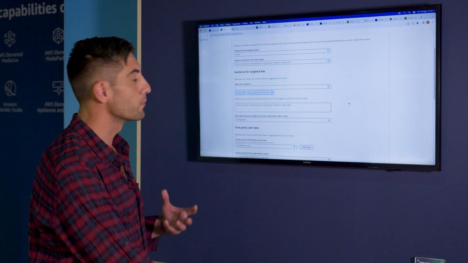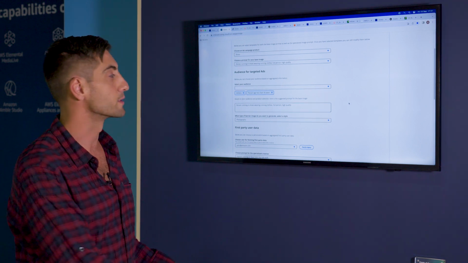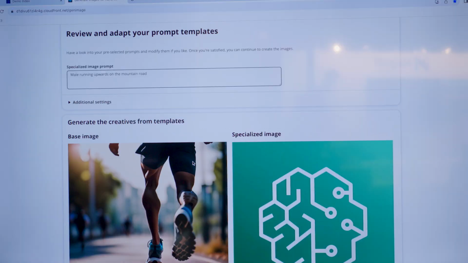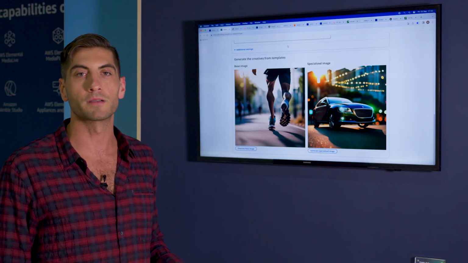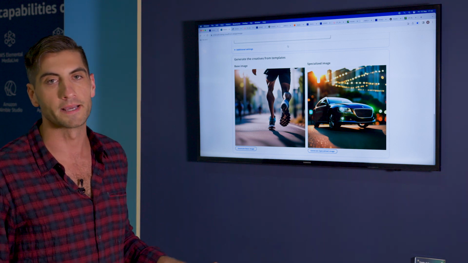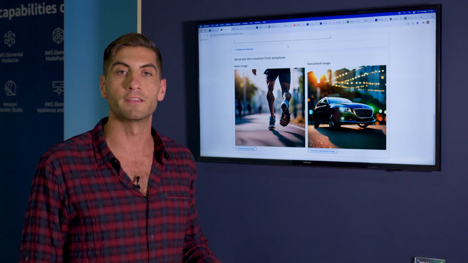So this is going to be somewhat generic, but still relevant to the audience segment information, product, as well as our prompt. So you can see that the model has generated an image of an individual. It's a man who looks to be athletic, is running, and is wearing sneakers. So at this point, we can associate additional first-party metadata. So think about this as an extension of a customer data strategy or customer data platform, where the customer profile store can be used to further augment this base image to create hyper-personalized, tailored content to each individual user or